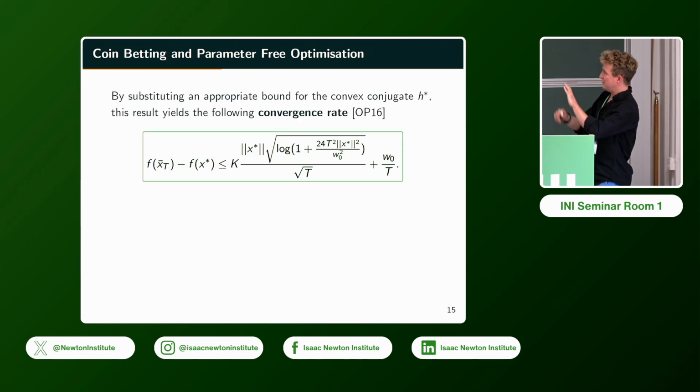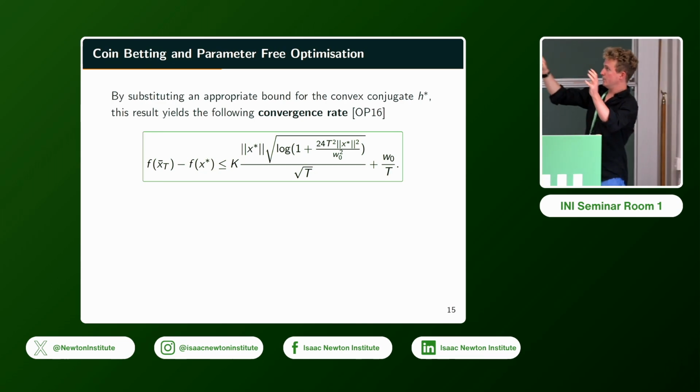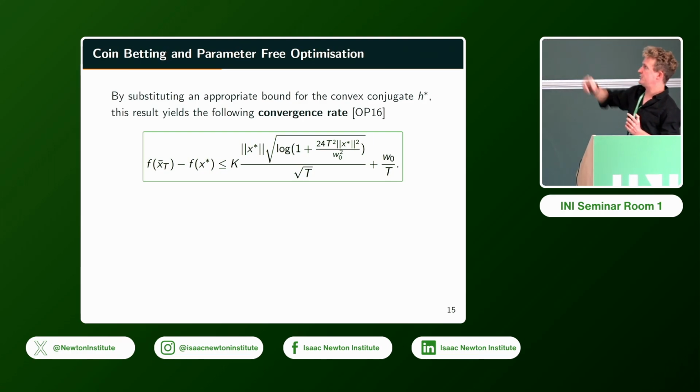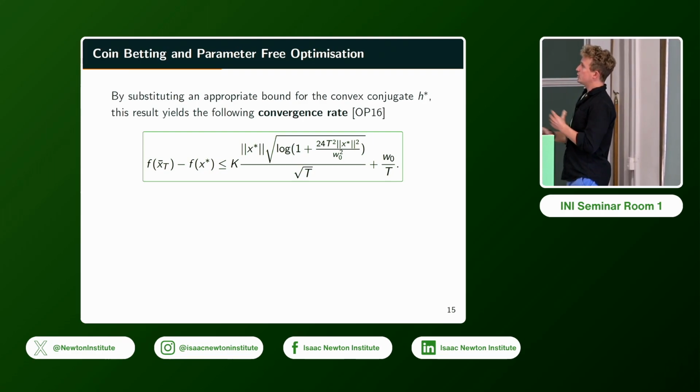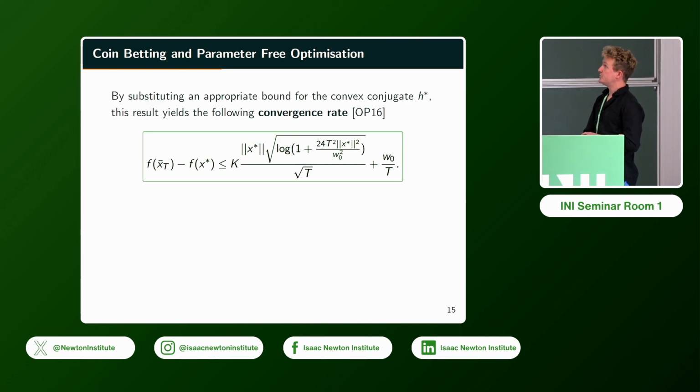Okay, and it turns out, and this is a lot of the hard work which we're not going to go into, and again this comes from this paper from 2016, you can find a bound for this H star, and the bound for that essentially grows as root T. So in particular, when you substitute back into our previous bound, the whole bound essentially grows as 1 over root T, plus this additional log term. Okay, so that's nice. That shows we have convergence of the average of the bets to our minimizer, and the rate is essentially 1 over root T up to this logarithmic factor.